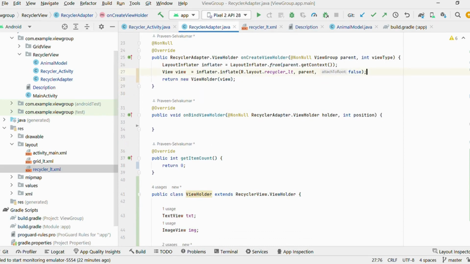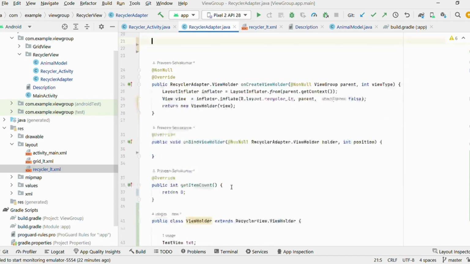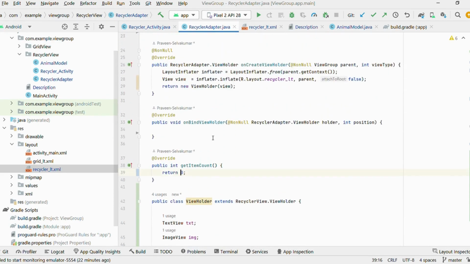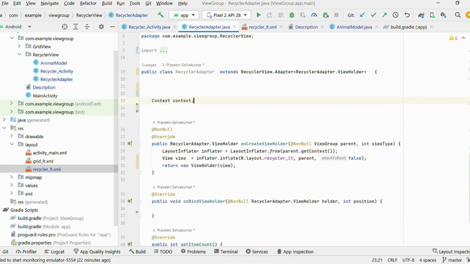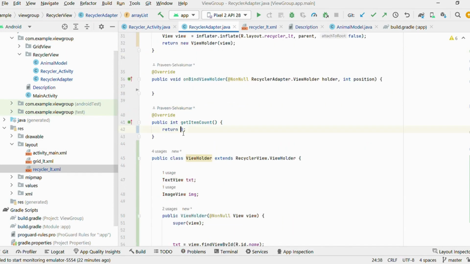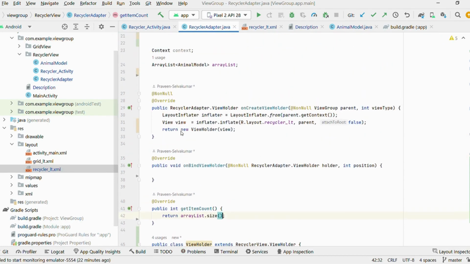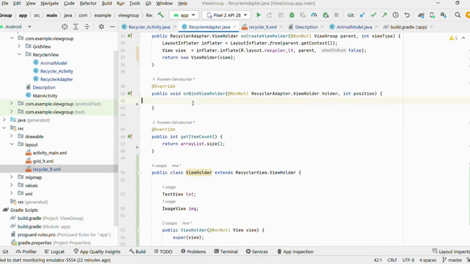On bind view holder is to bind the data coming from a model class with the view which we are displaying here. Before that, we want to acquire the context and then array list. Animal model is our model class, right? So array list. Get item count will return the size of an array list. We'll create a constructor here. On bind view holder,